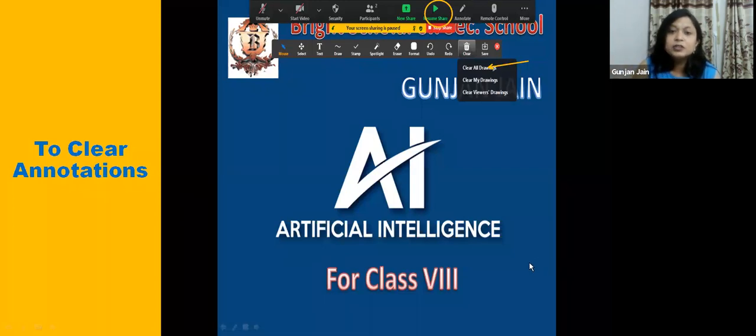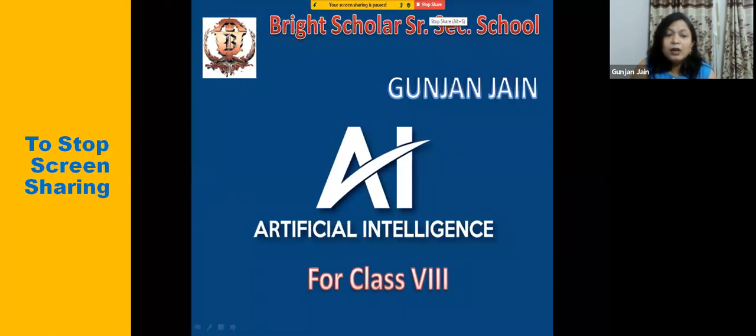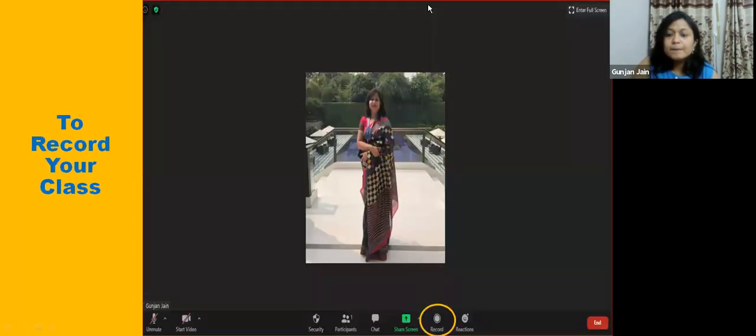आपने जो presentation बनाई है, it will not be affected, but you can scribble on the screen to highlight the important points. Now after that, how can we stop sharing the screen? By clicking on this stop share option. So when we click on stop share, we return to the Zoom meeting and we can see the faces of all the participants.